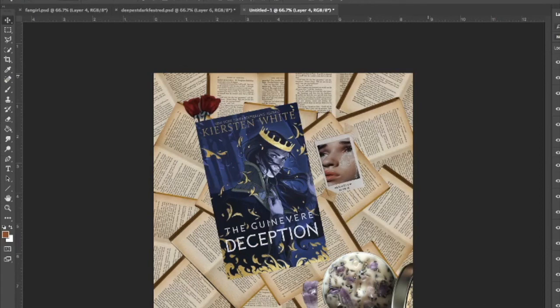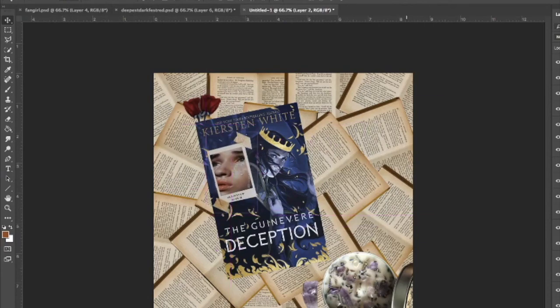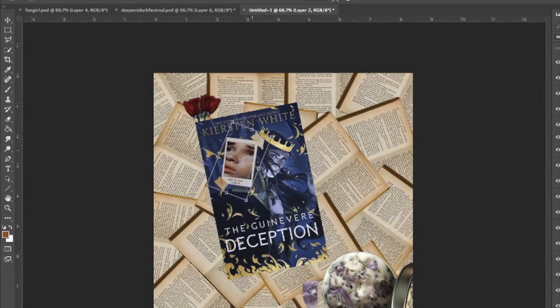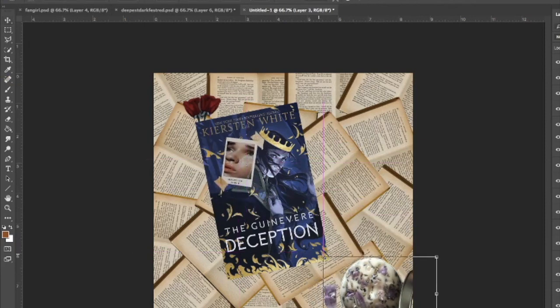So you just need to get a photograph and you need to use free transform in Photoshop to size the image into the proportions of a Polaroid. It doesn't really have to be exact as long as you have those white borders around it. And then you can easily just merge those layers together and move it on top of wherever you want to go. And then after that, you're just going to see me playing around with colors once again,